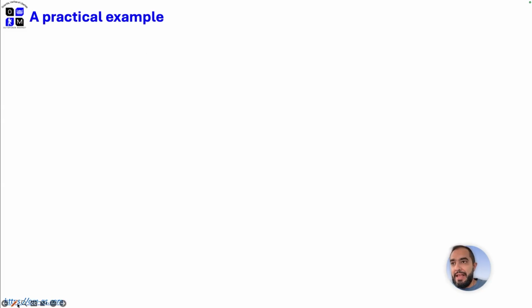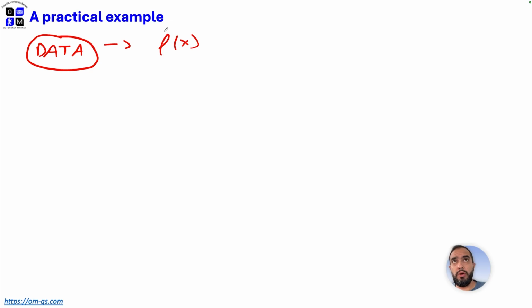Now, a practical example. Everything starts with the data, of course. But before jumping into the main details about the data, let's just remember that a model, a quantitative model, is the so-called f of x. It's a function. And that function will receive some data as input, and it will produce an output, usually our estimated y. And such output, in the way I usually teach my students, is the direction